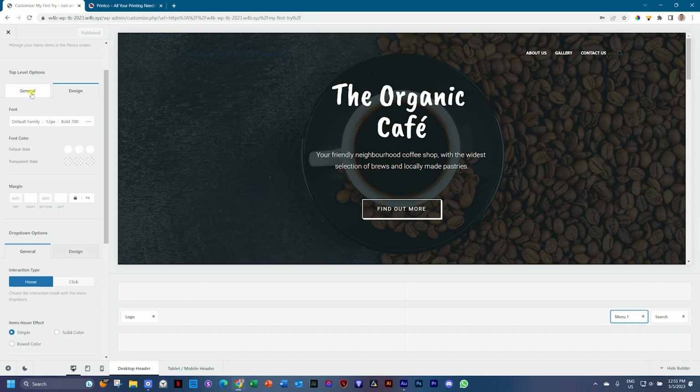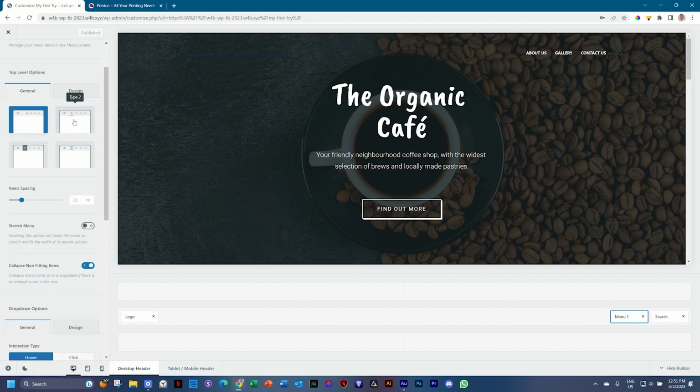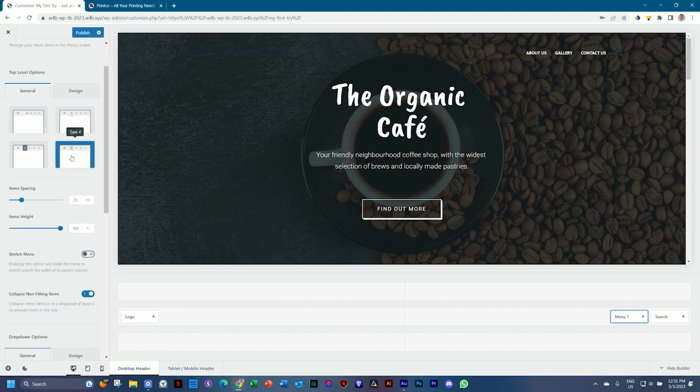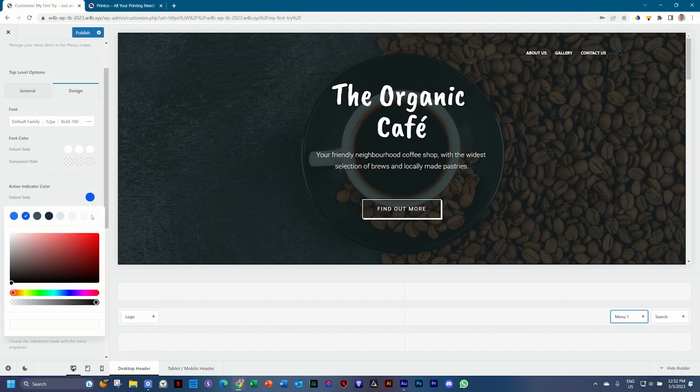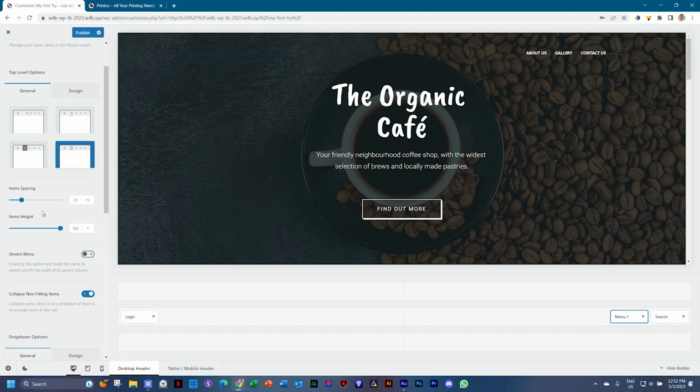And then select General, so you can have a view here that you can actually have different types of headers. If you want a line, go here to type 4, select that. And as you hover, you will see those blue lines, which we cannot see. What we can do is go to Design again, and then here, Active Indicator Color. Let's select that and put it on white. Now, when I hover over my menu, you will see the white lines. Go back to General, and then the item's height, which will be those lines, I'll reduce to around 50%. And you see that looks